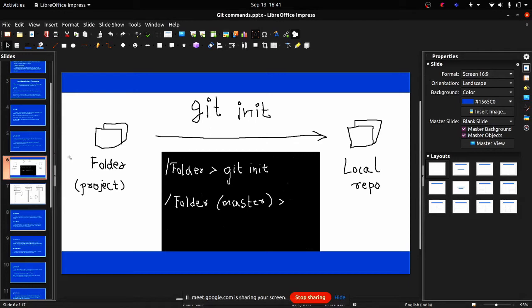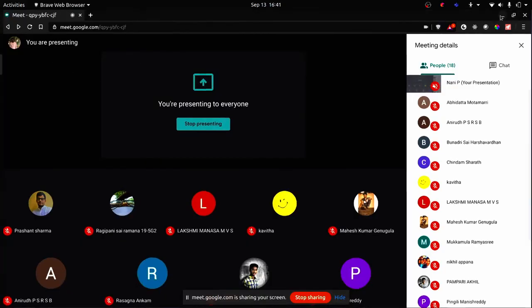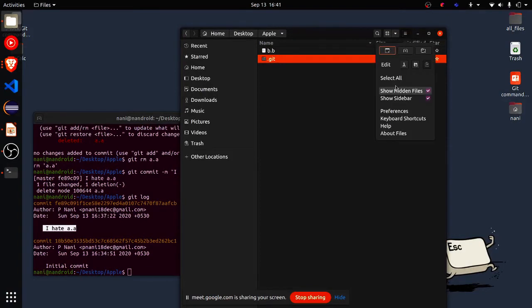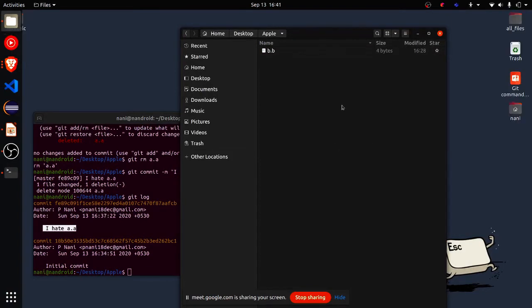What we actually do is, when I use the git init command, a folder will be added with additional folders, like the .git folder you have seen. They won't be seen normally. Let me just show you. Yep, you are seeing this .git folder, but it is a hidden file. When I remove the show hidden files option, it won't be seen. But all the files will be present there, and that is how you will know there is a git folder within it, and that is the reason it is being tracked.